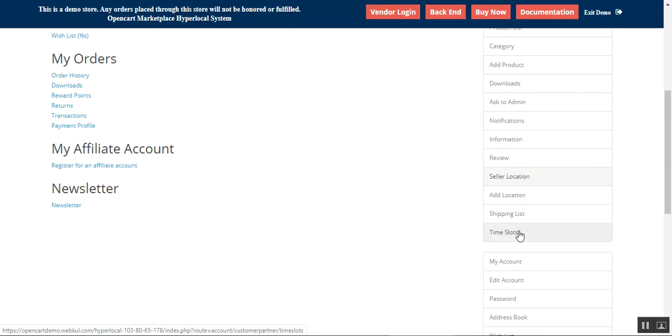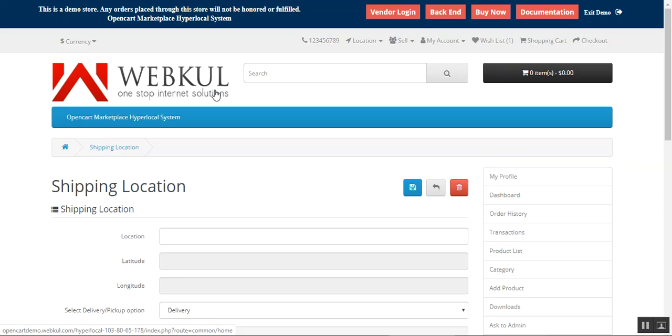of the products. Because we just saw on the front end, when the customer was trying to purchase a product, there were time slots that were to be chosen before placing the order on the pop-up there on the product page itself. So let's go through each of them one by one. So we'll go to the add location first. So under the add location